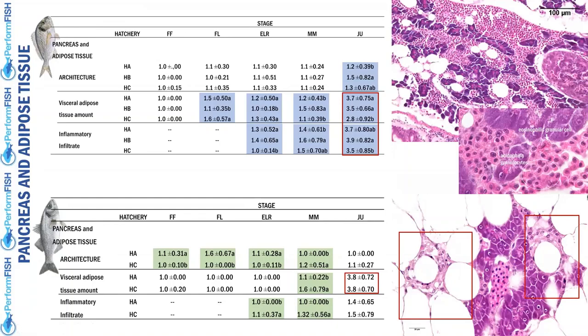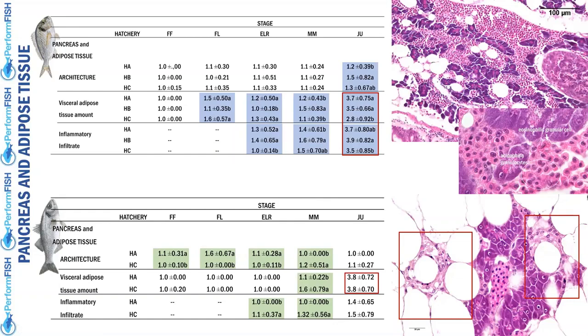With regard to this organic district, pancreas and adipose tissue, the alterations in European seabass, with some differences between hatcheries, are almost absent. Noteworthy is a similar and abundant presence of adipose tissue in the juveniles between the two hatcheries. Also, this aspect may be related to a zootechnical forcing. Similarly, also in gilthead seabream, you can see the same situation in juveniles, but with some statistical differences between hatcheries.